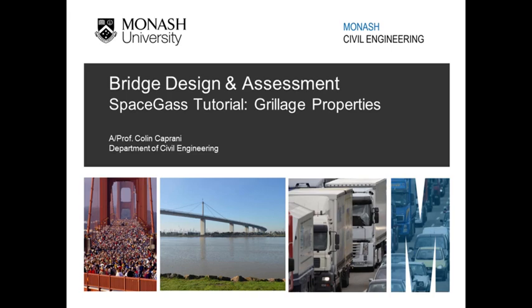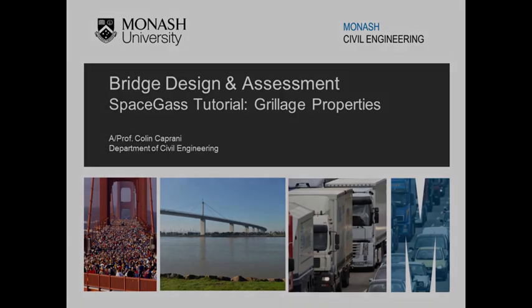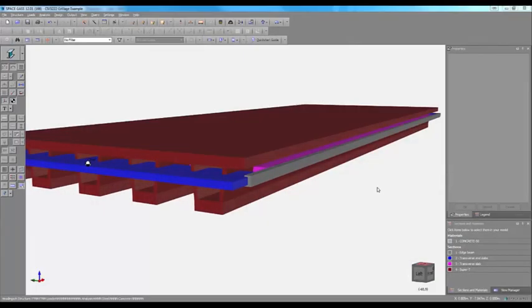Now we will get our model so that it's behaving correctly, that the members are bending about their respective major axes, and that our coordinate system is located at the centroid of the slab. So we have to move quite a few of these members. The slab itself is bending in its correct position. So let's consider then the